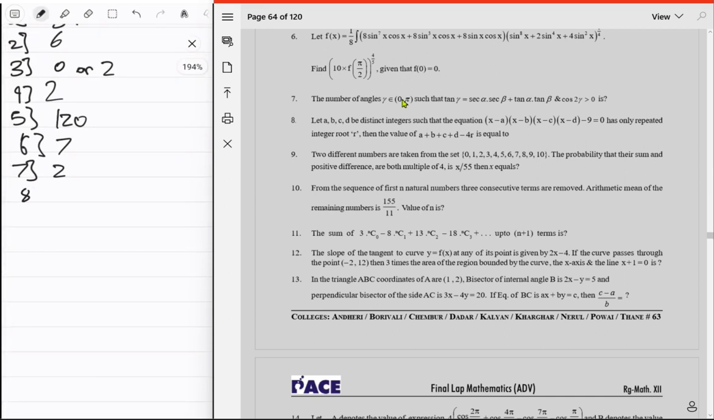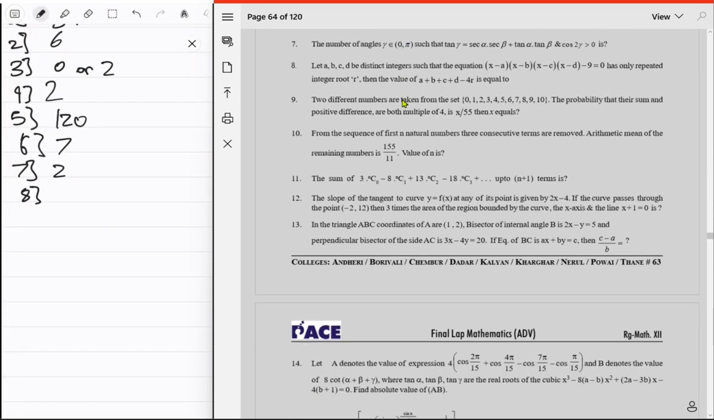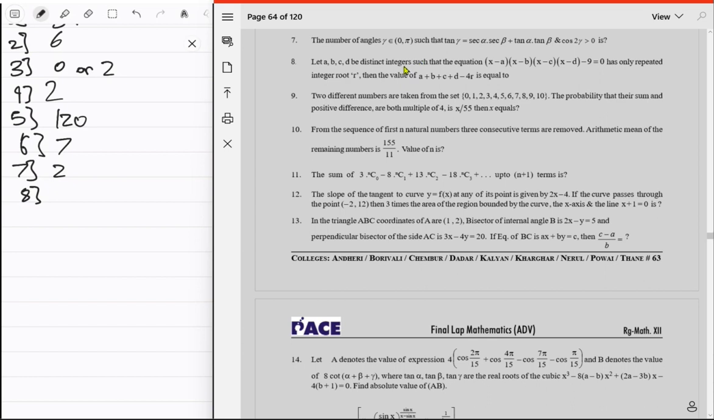8. Question 8 is: let alpha, okay, a b c d be distinct numbers such that this equation has only repeated integer root r. Value of a plus b plus c plus d minus 4r is equal to... इसकी only integer repeated integer root r है. Okay, ठीक है, इसको सम करना पड़ेगा, like a b plus whatever that thing. This equation has only repeated integer root r. Then the value of a plus b plus c plus d minus 4r is equal to